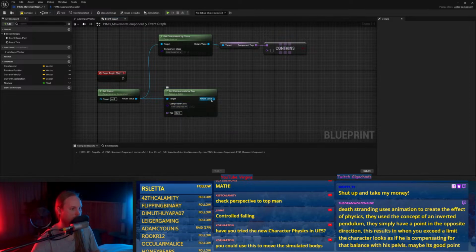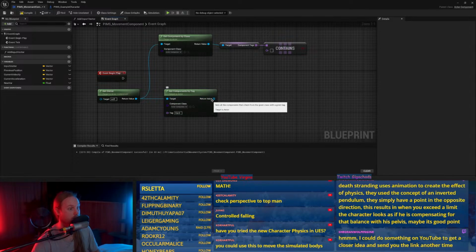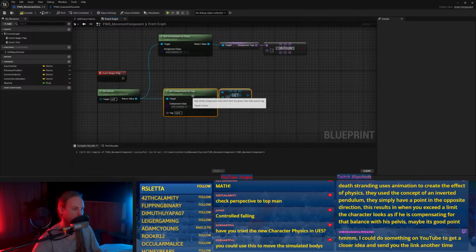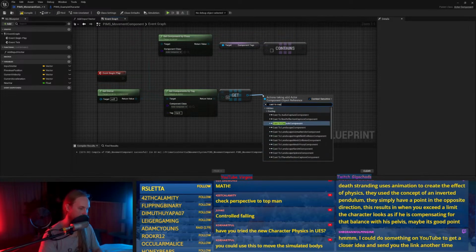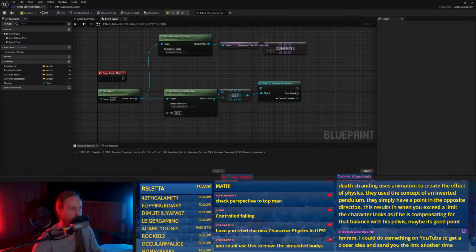So I could just get... Oh, no, but then I'll have to cast to the component to make sure... Yeah, I could just get 0. And then just cast to capsule component like that. Pretty easy.